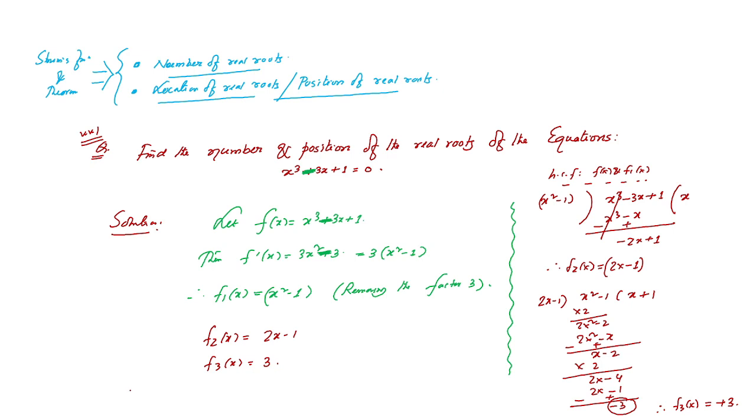So now we will write the Sturm functions. Therefore the Sturm functions are f(x), which is basically x cube plus 3x plus 1,